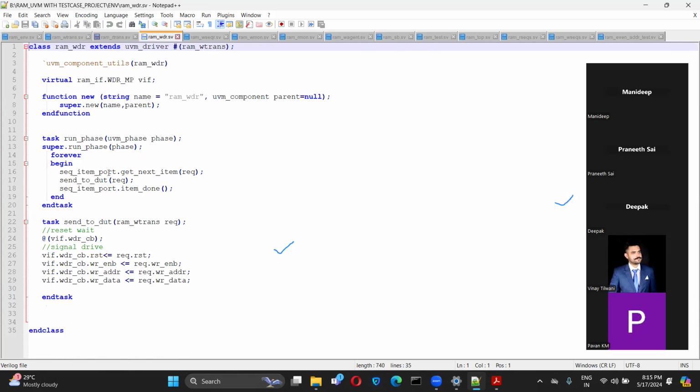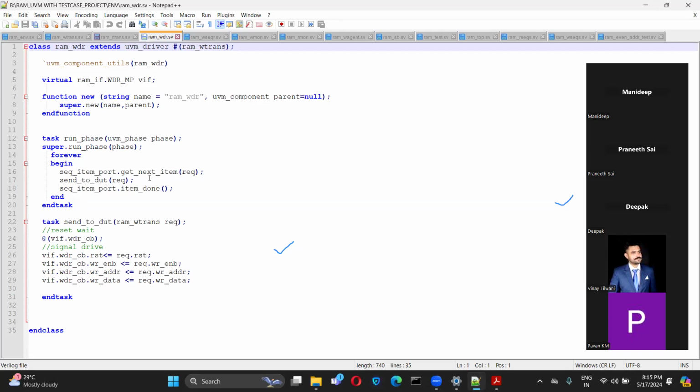And this sequence item code is all internal. It is an API. So we are just writing two to three lines from that to execute the entire procedure. But in the UVM library, everything is there. That's why people are adopting UVM, because the entire mechanism is in the UVM library. We just have to understand the basics, like what the handshake process is between the driver and the sequence. That's why we are trying to analyze this.